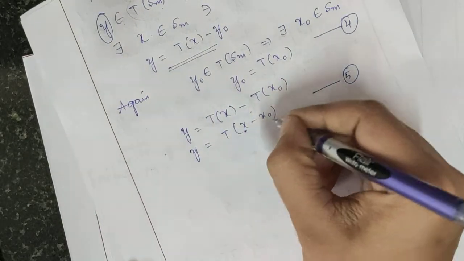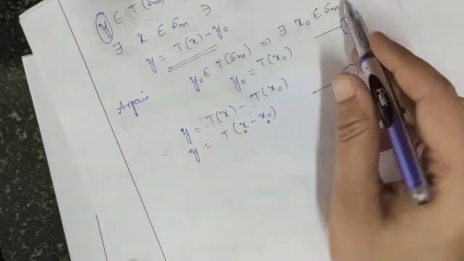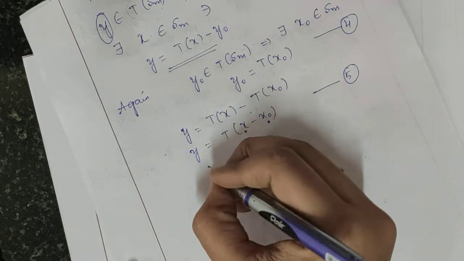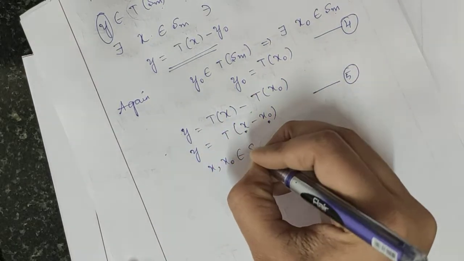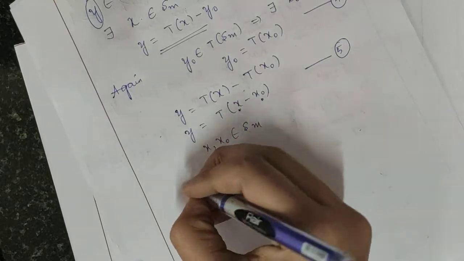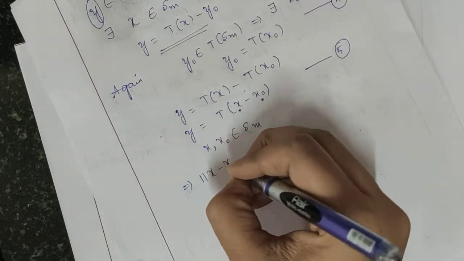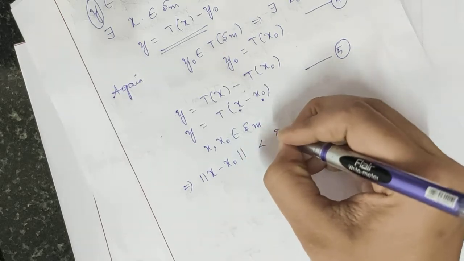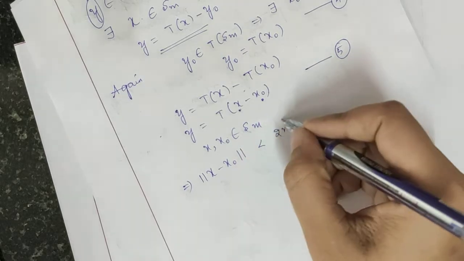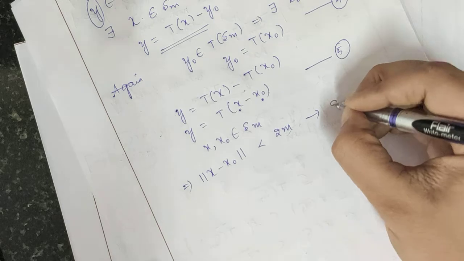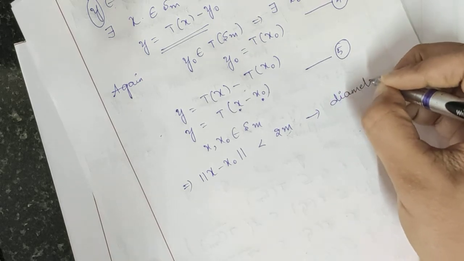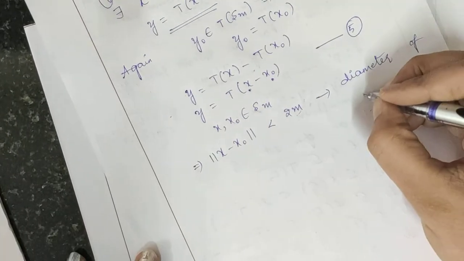So now your x and x naught are coming from Sm only, right? I can write x comma x naught belongs to Sm. This implies norm x minus x naught is less than 2m. This is the diameter of the open sphere Sm, right? If you take the radius, it is m. If you are taking